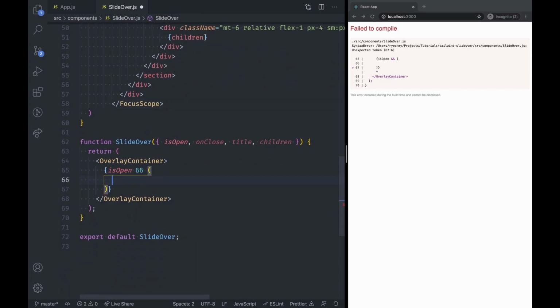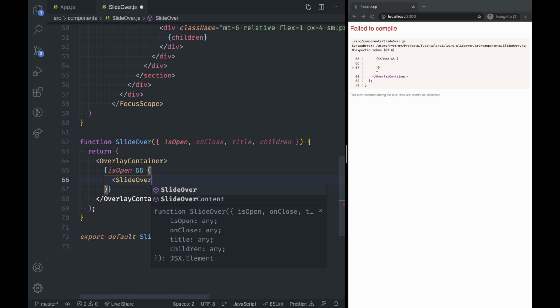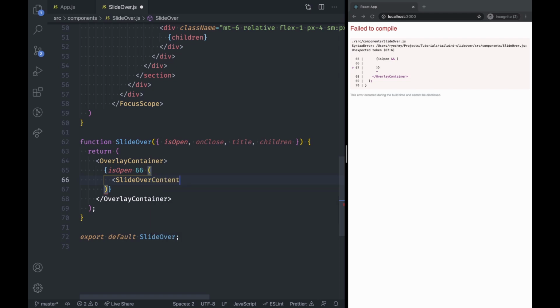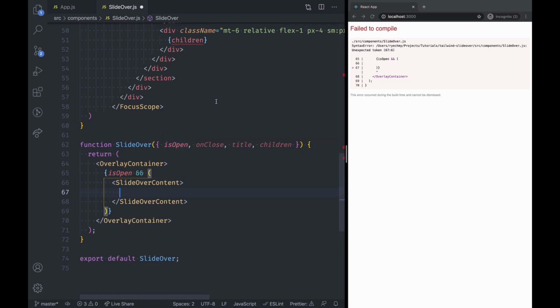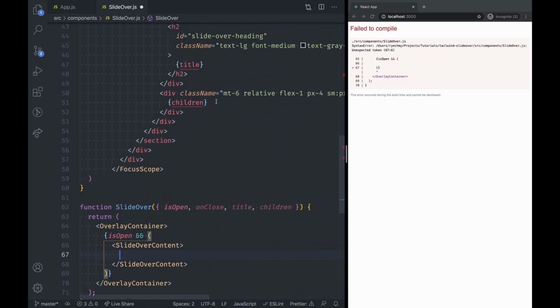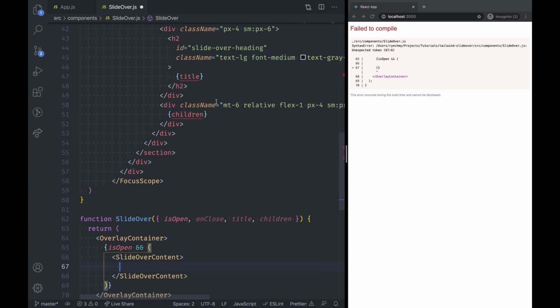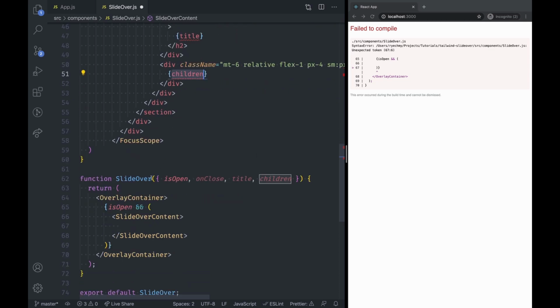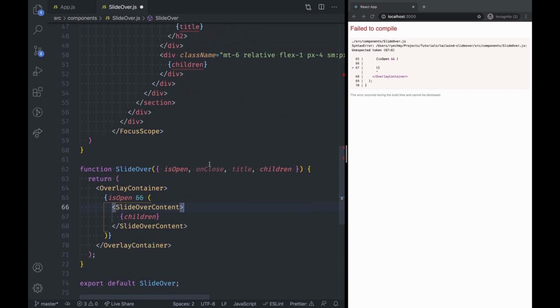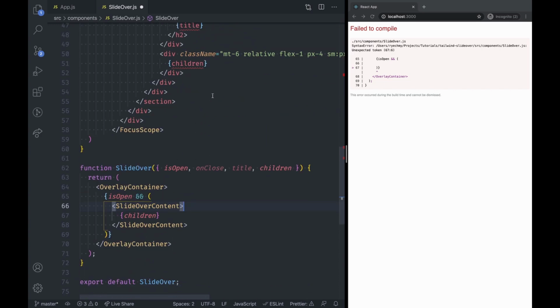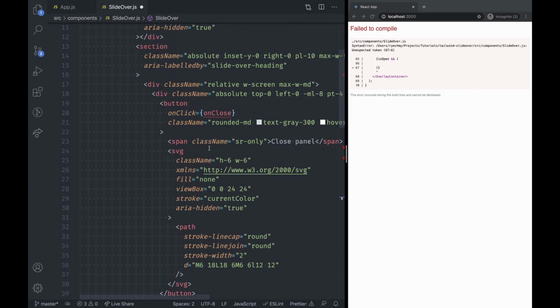Right, I want slide over content. And I guess our content in this case will be children that are passed to this component, right? So we need to pass children down to the slide over content,